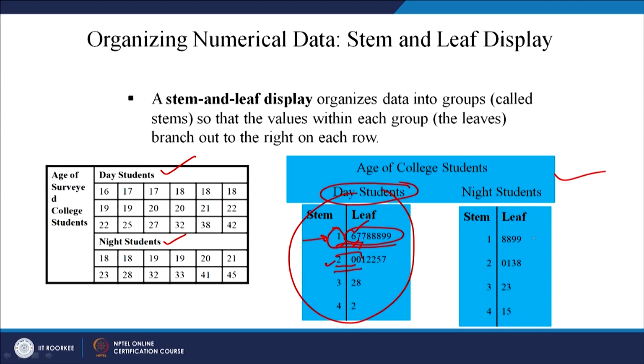Similarly, for night students, where is the concentration? You have got concentration at this and at this value, right. So, we will say that 5 students have got age 19 or less than that, and 5 have got age 28 or less than 28, but more than 20. Again, you can draw stem and leaf for the remaining students, right. Hope you have understood what a stem and leaf diagram is, right. In a stem, let us say if the number is 89, what is the stem? 8 is the stem and 9 is the leaf, right. Okay.